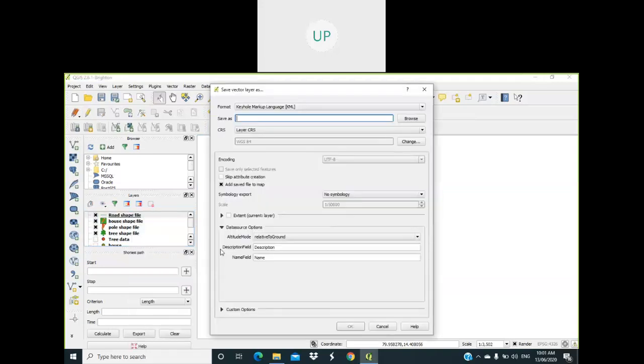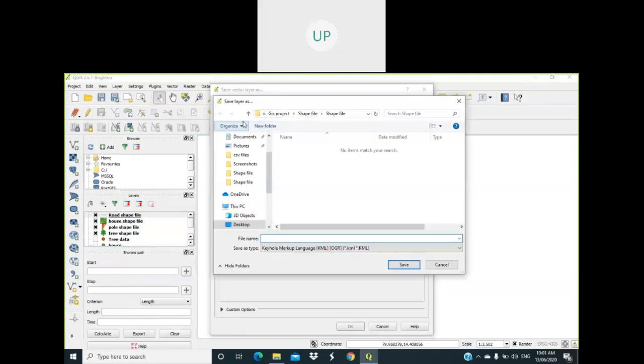So you have to right click, save as. Here Keyhole Markup Language, that is KML file, browse.